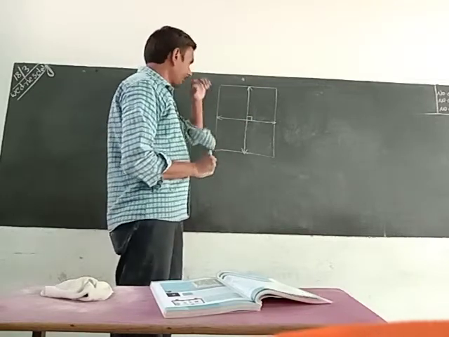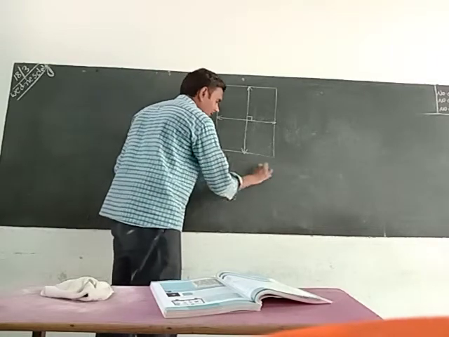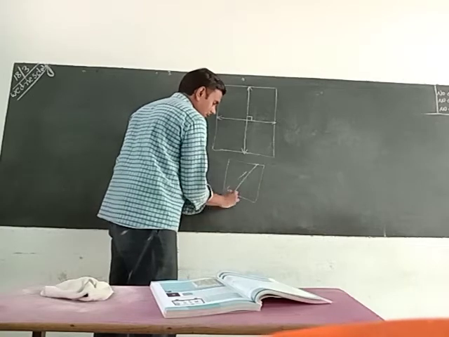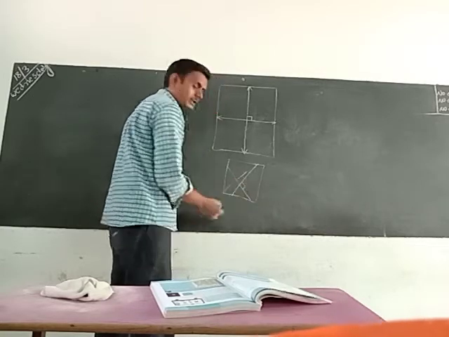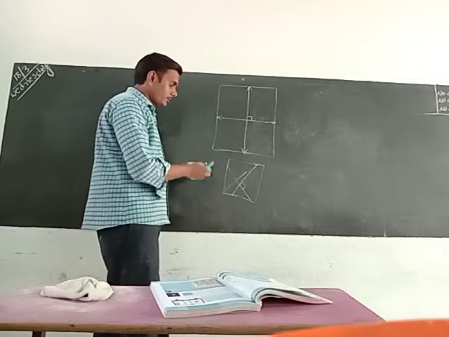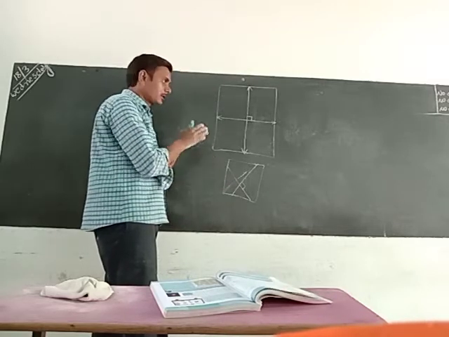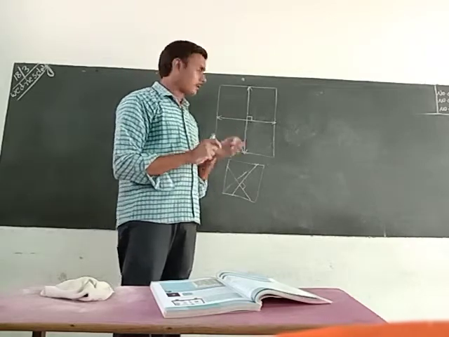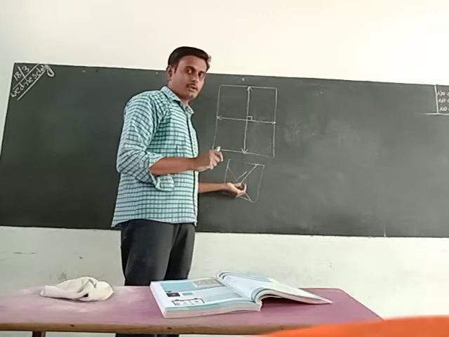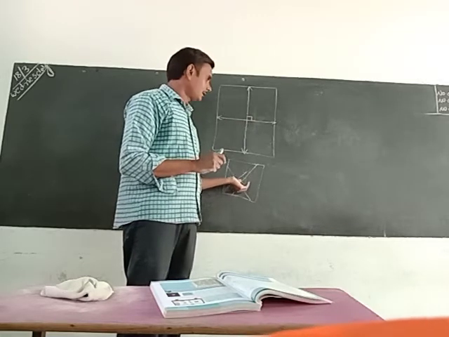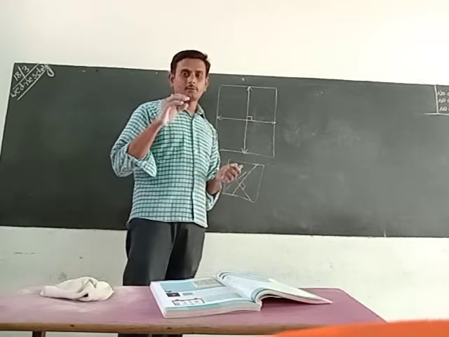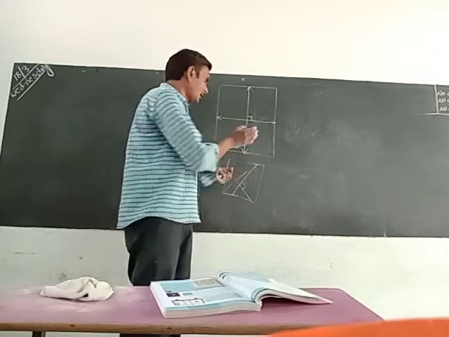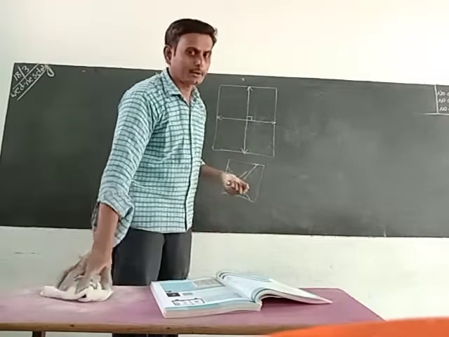One doubt here: if I draw the lines like this, shall we say it's a Cartesian plane? We can say it is a Cartesian plane, but we have to follow a particular manner, a particular rule. Everyone should follow the same rule. We can also say this is a Cartesian plane, but to maintain one order, so that all answers are the same, we have to follow the perpendicular lines only.